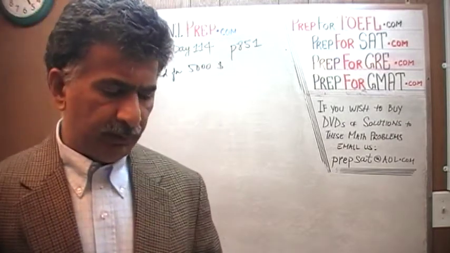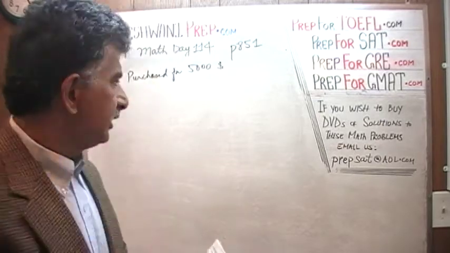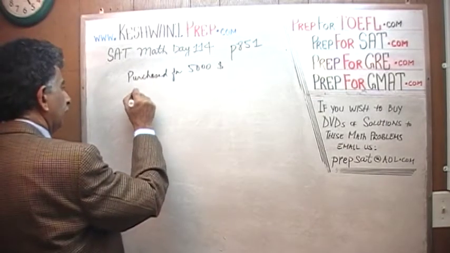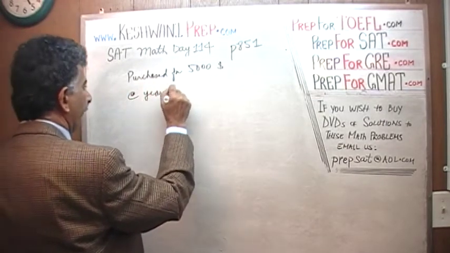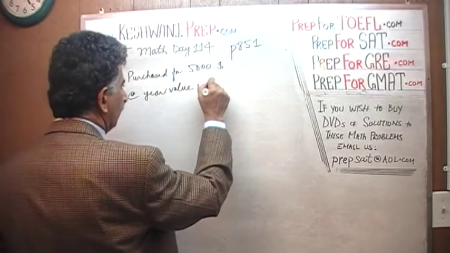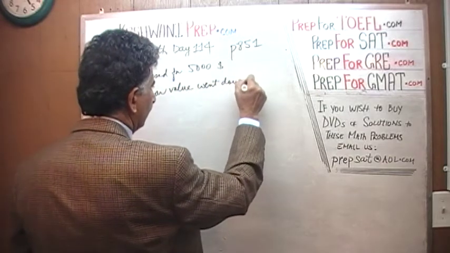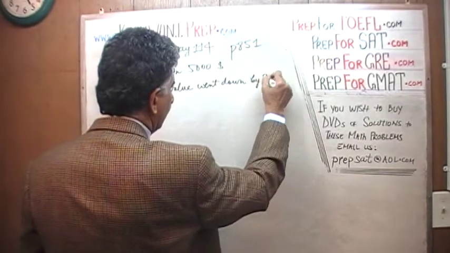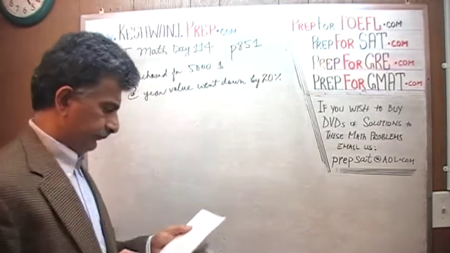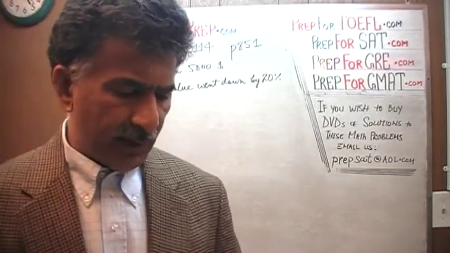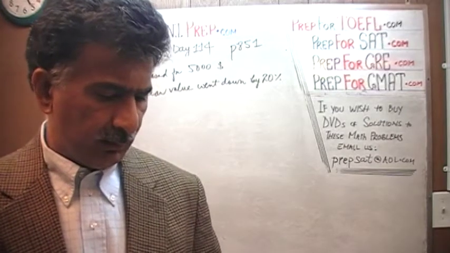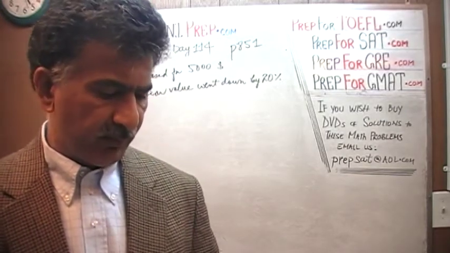and the value of the automobile decreased by 20% each year. Each year the value went down by 20%. The value in dollars of the automobile n years from the date of the purchase is given by the